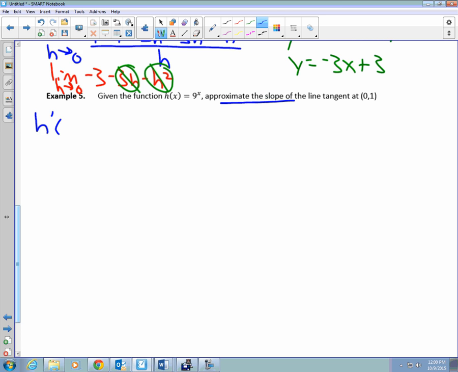I'm going to look for the slope. I'm going to find the derivative at what point? What's my x value? 0. So h prime of 0 is equal to the slope, which is equal to the limit as h goes to 0 of, I take the function,